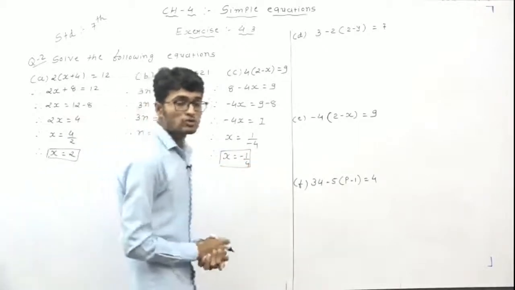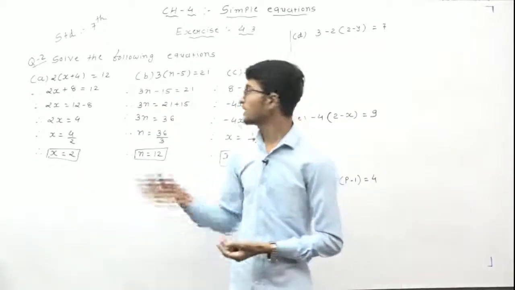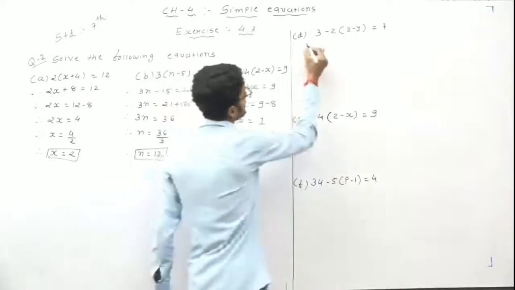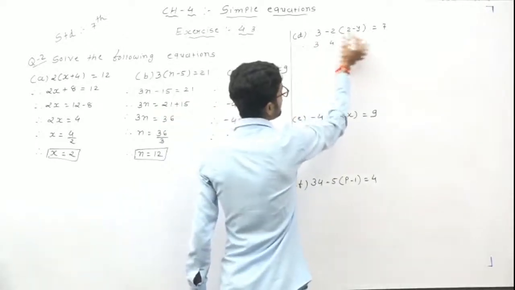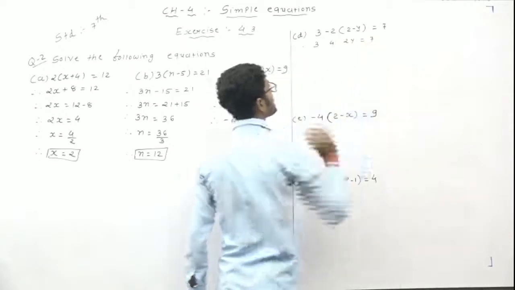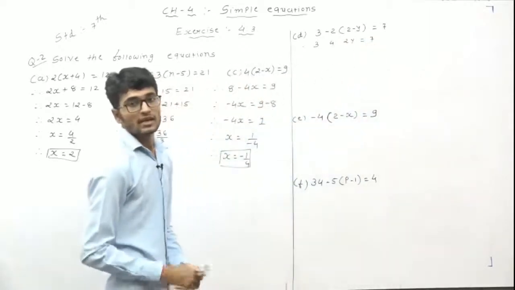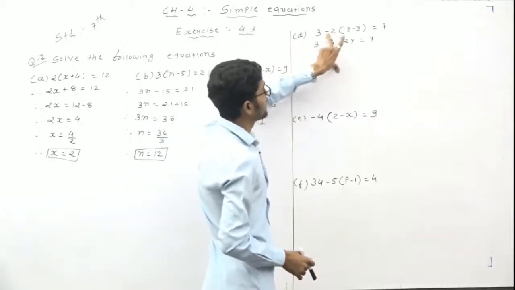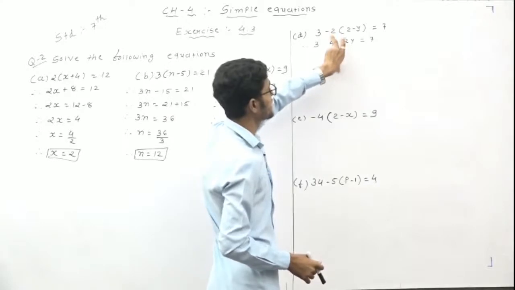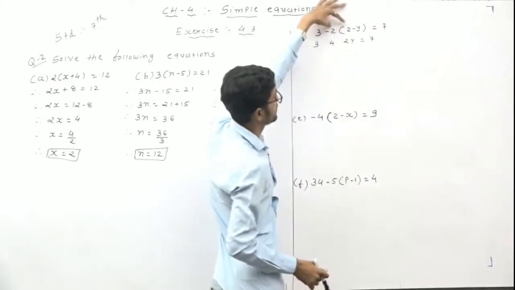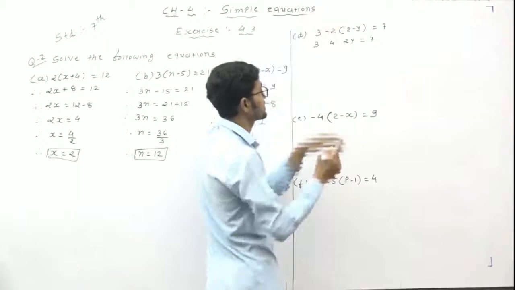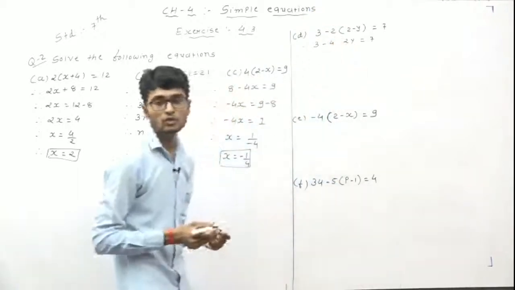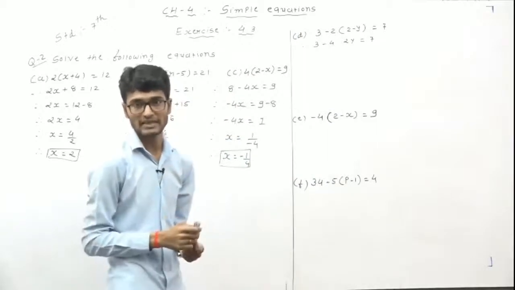Understand, students, how to solve the bracket equations? First of all remove the bracket and then after solve. Okay, now same for the next, that is, the third one. So here 3, 2 2s are 4, 2 multiply by 2y is equal to 7. It is put the sign. If any equation is given with the minus, so minus and plus, so minus and plus: 2 is negative and here the bracket value 2 is positive. So negative positive multiplication answer is negative. Why? Because minus plus minus. So minus 2 multiplied by 2 means the answer is minus 4 in multiplication.